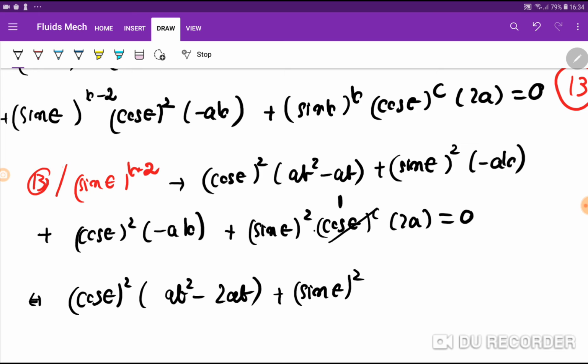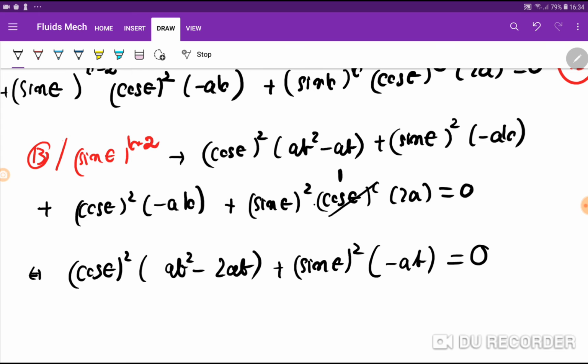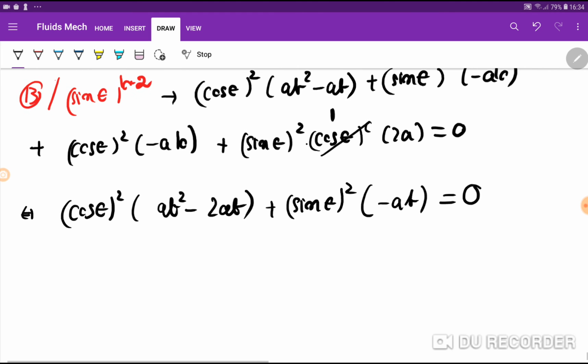This should be 1. Yeah, so sine theta square times negative ab equals 0. Okay, so if you want this to be equal, the only way for something like this to equal 0, okay, is, of course,